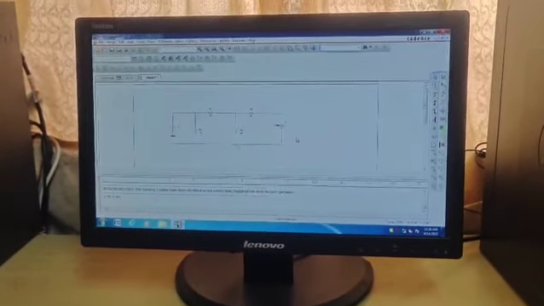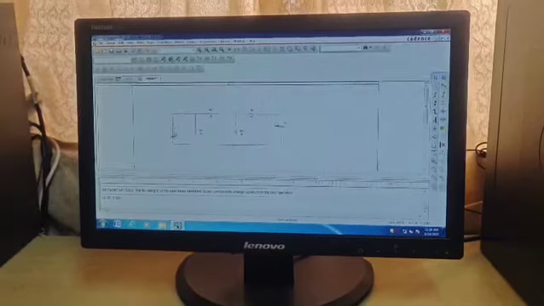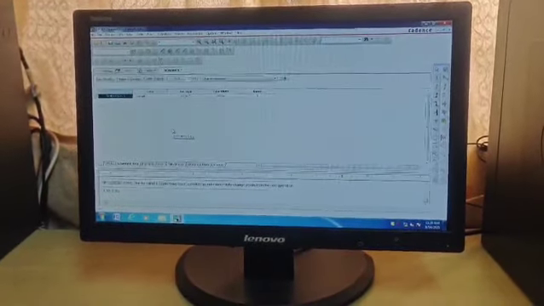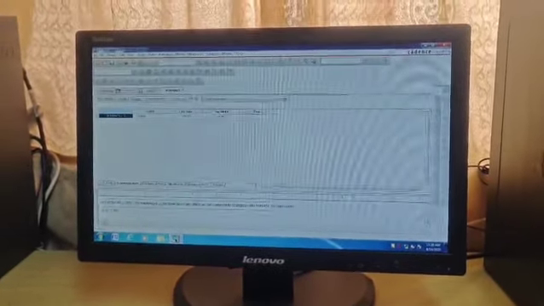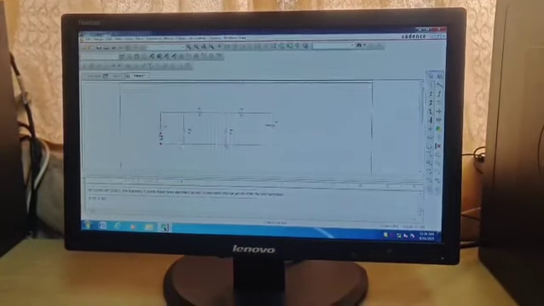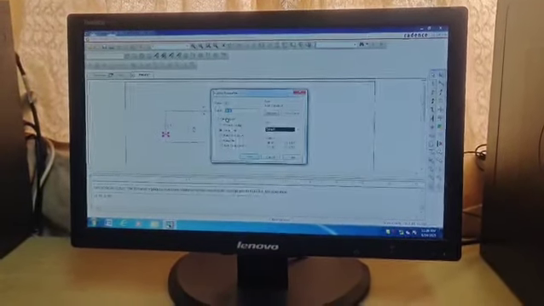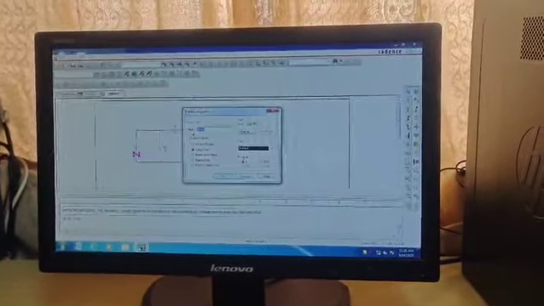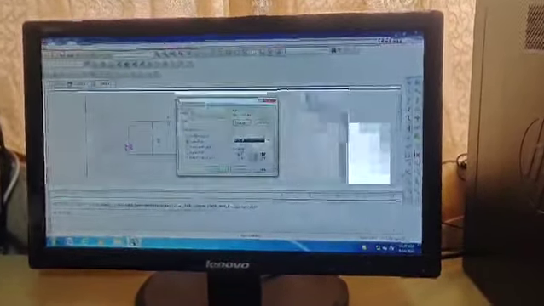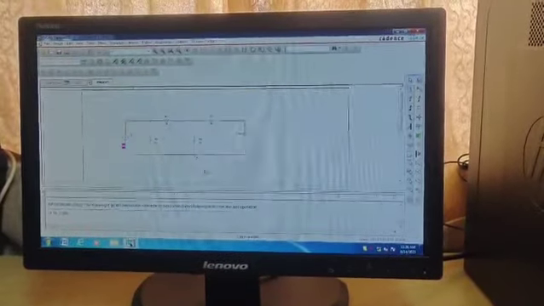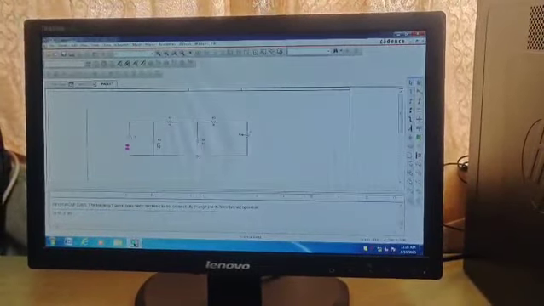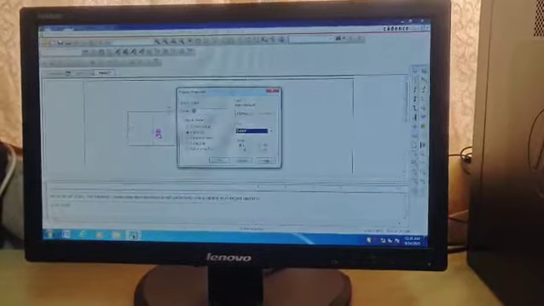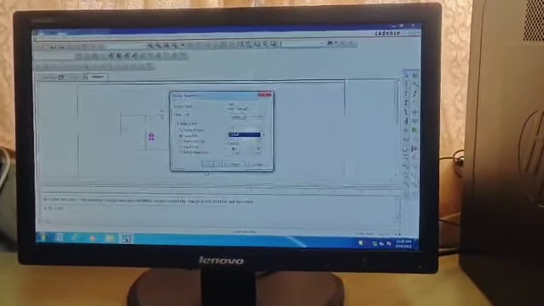Now what is the remaining part? We have to set the values. What is the value of this current source? Close this one. If you double click this, you will get this dialog. What is the DC source current value? 5 ampere, so give it as 5. The resistance value is 10 ohm, give it as 10.